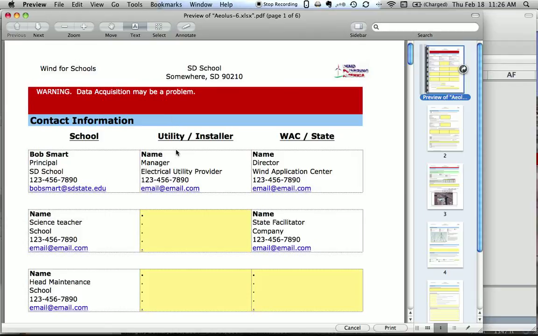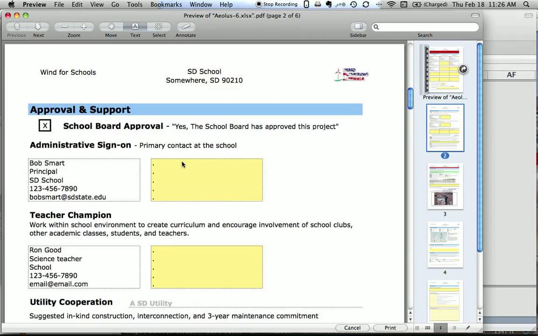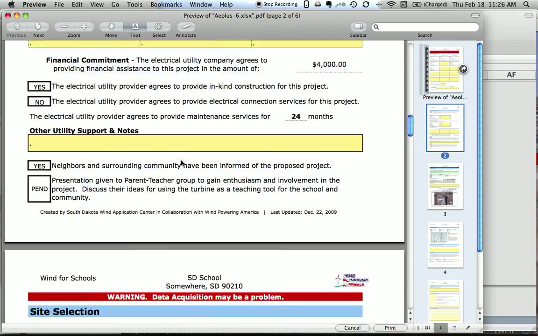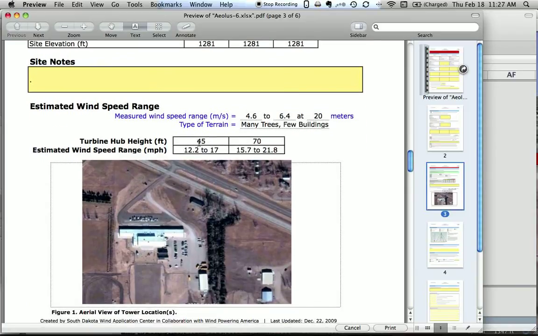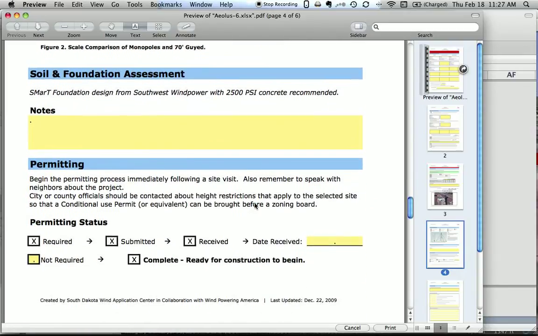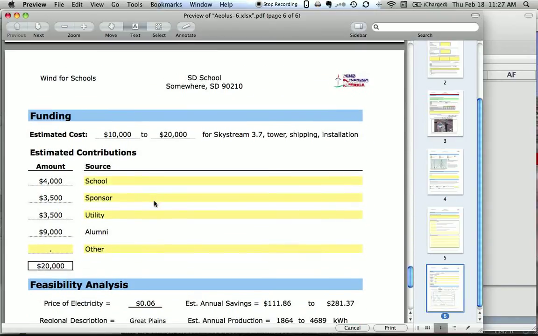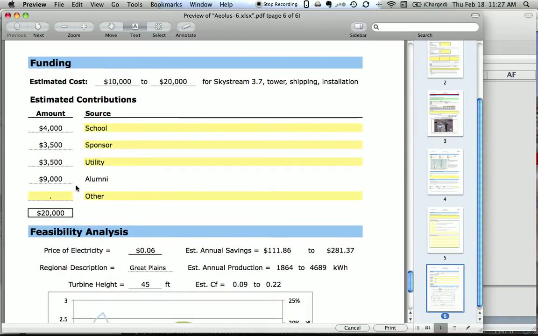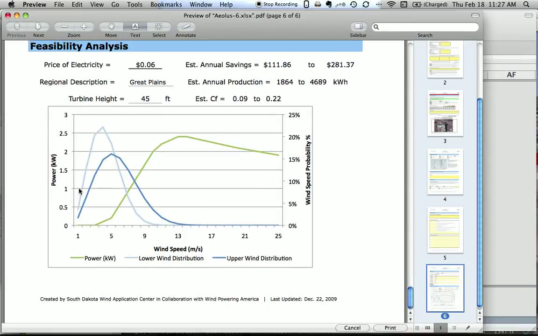document, no error messages. But the first page has all of our contact information about the school, approval is documented, any financial support, site assessment, the various options, pictures, wind regime, the tower options that were selected, notes on foundation and permitting, construction schedule, installation partners, funding to make sure the money's covered, and a quick feasibility analysis, all within 6 pages you can put on the clipboard and take with you, or quickly send a printout to the school